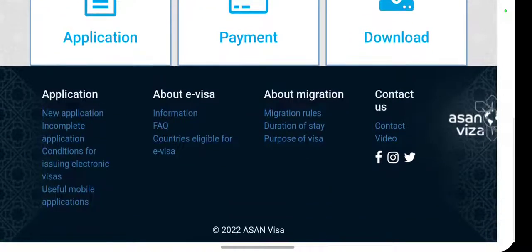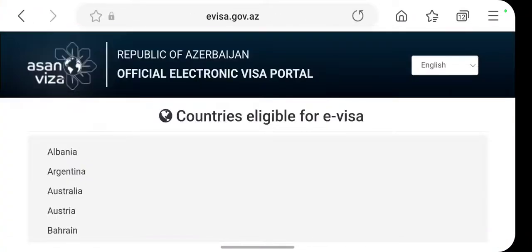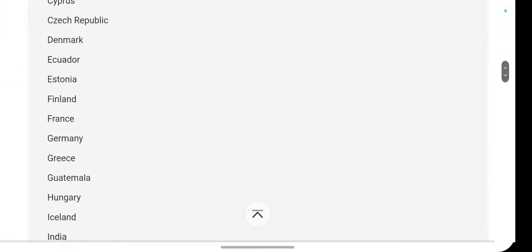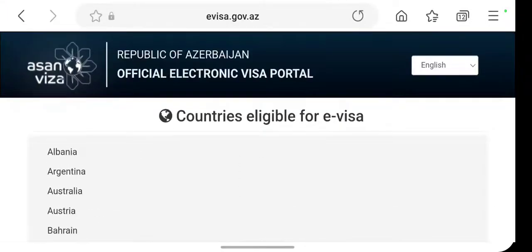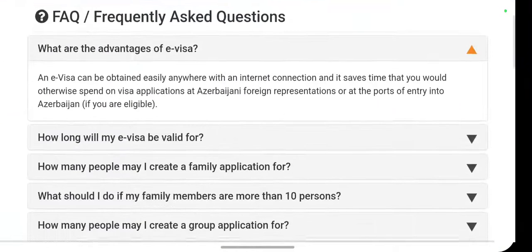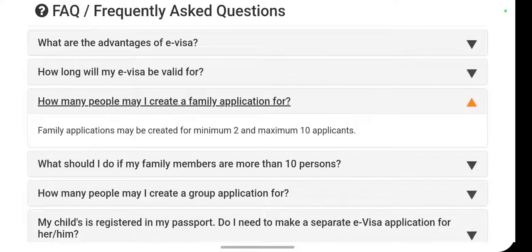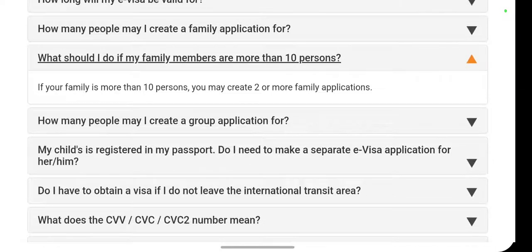Now the very first thing is whether your country is eligible or not. If you look at e-visa, they have the list of countries eligible for it. Let's say you are from India, you are eligible. Next is the frequently asked questions about advantages and how long. They give 90 days validity. For family applications, they have also specified the minimum and maximum number, and if you have more than 10 people, how you can do it. And if you want to create a group application,